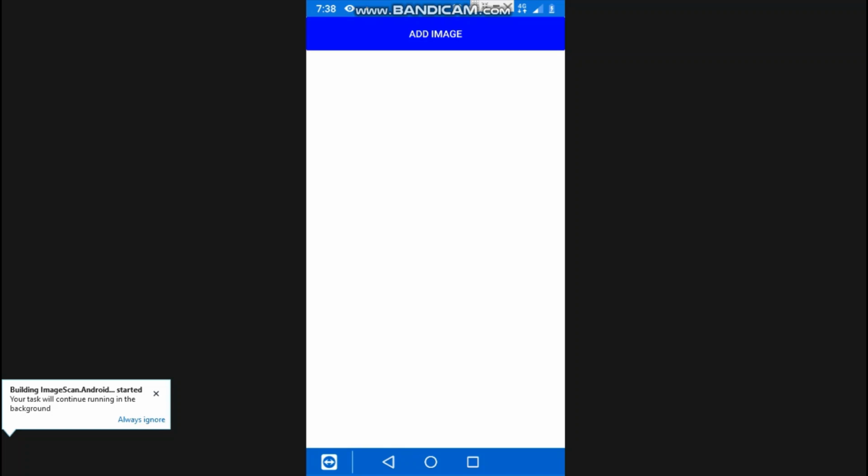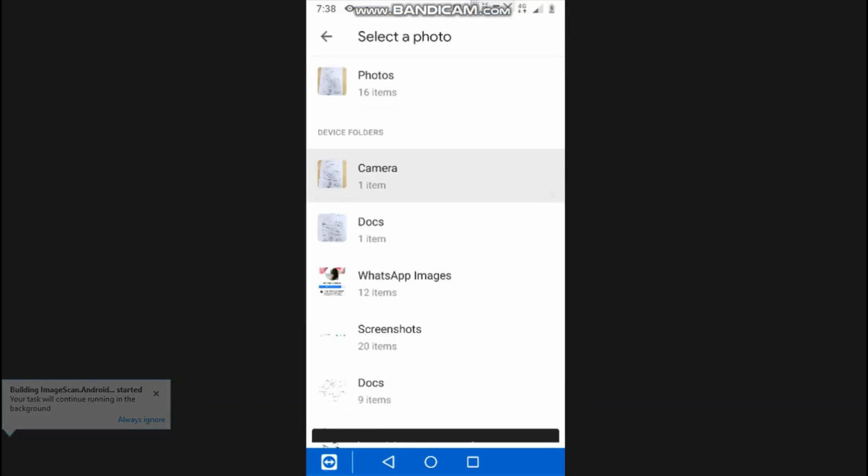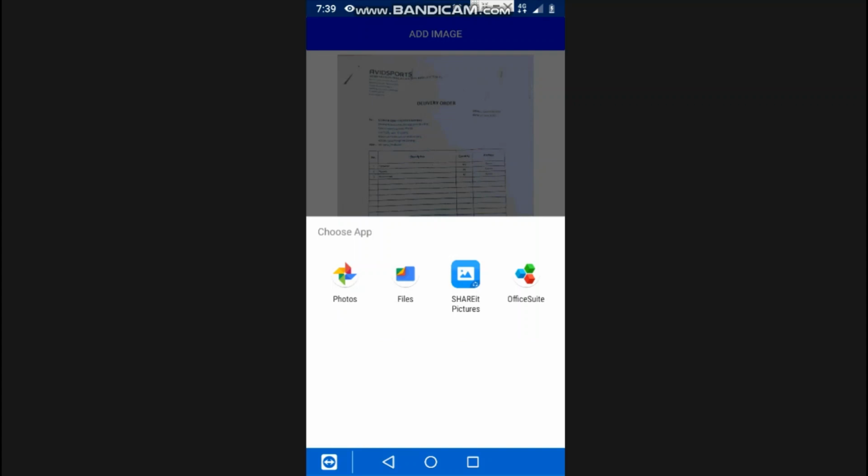As you can see here, the app is running. I will add the image from my camera. I have selected one document. Okay, so as you can see, our output is ready.